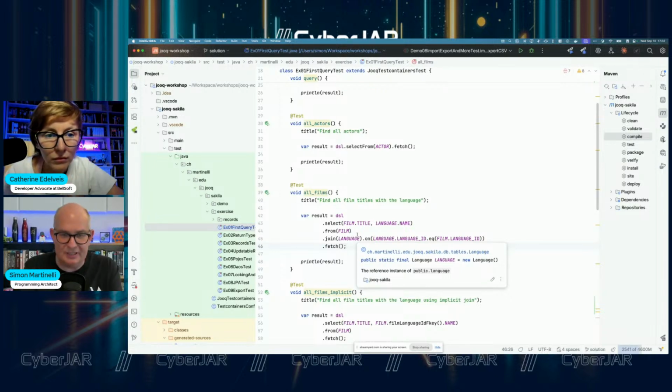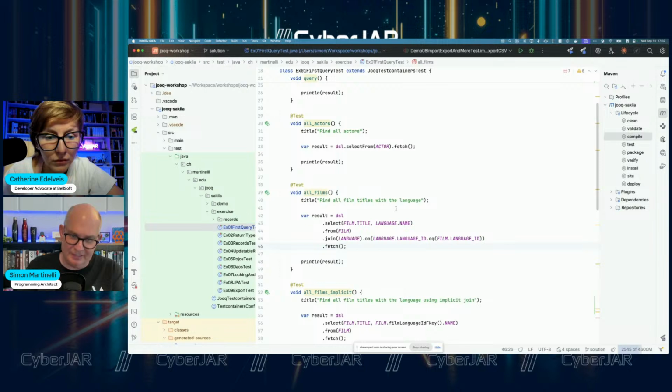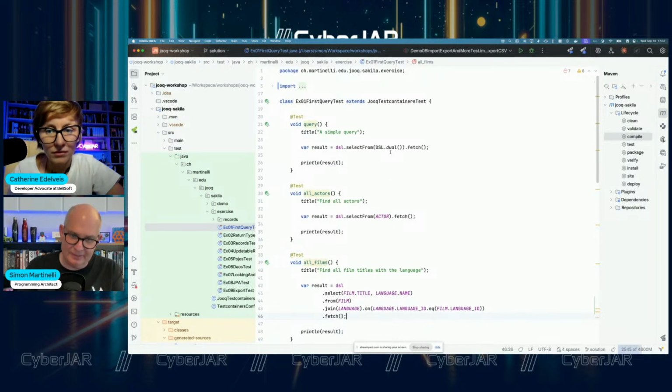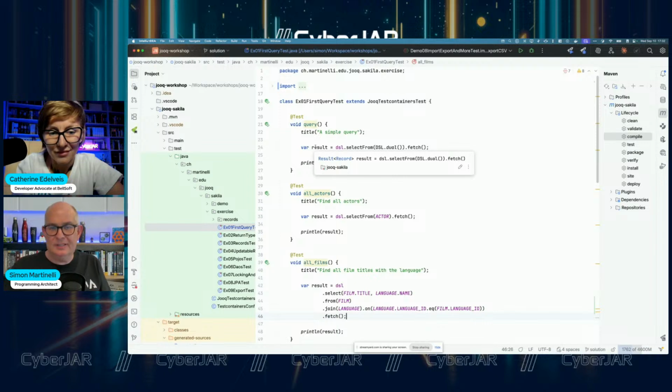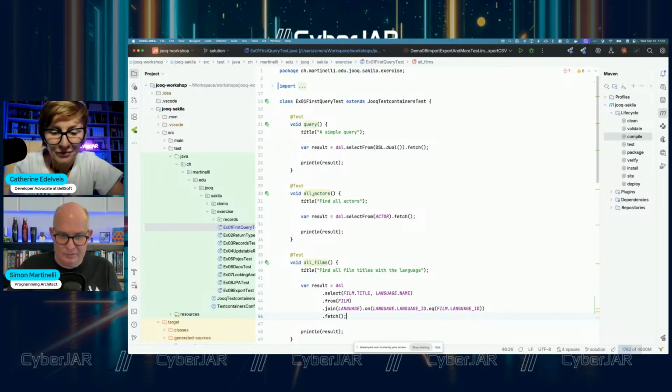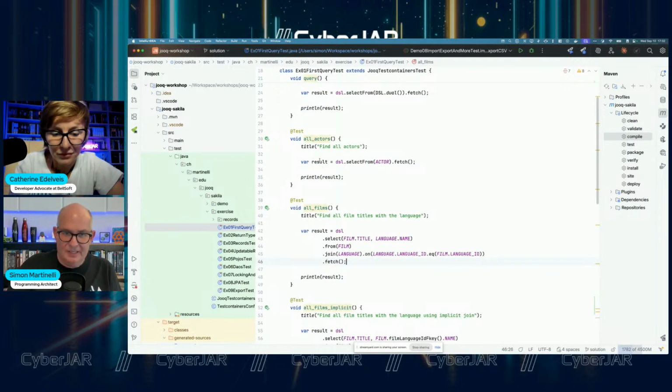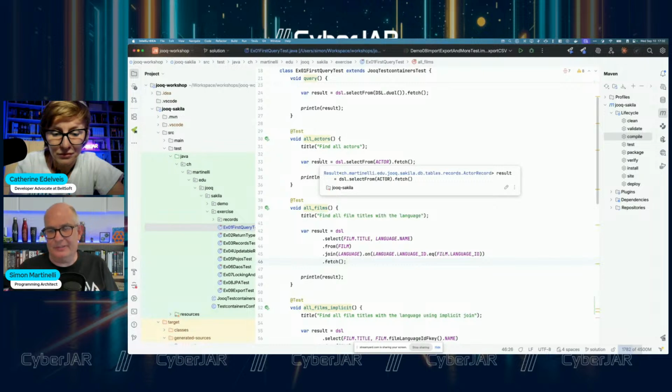And processing the result is very often a bit difficult. And jOOQ, let's use that case here, will return a record. A record that's not a Java record, that's a record in terms of a database record. And jOOQ also generates records per table.